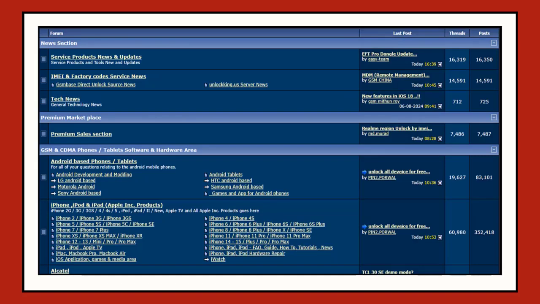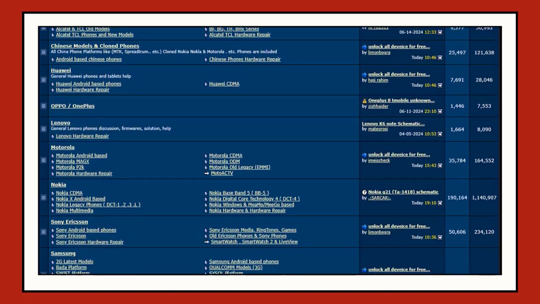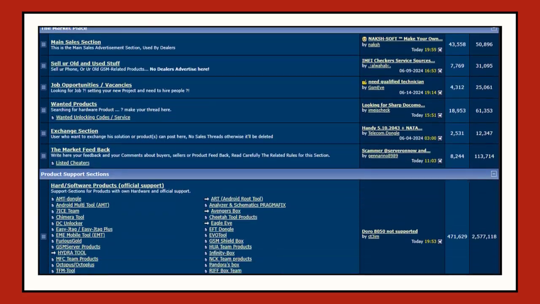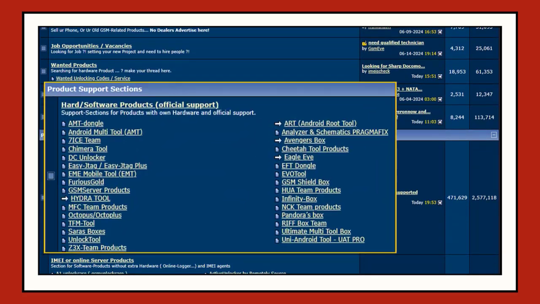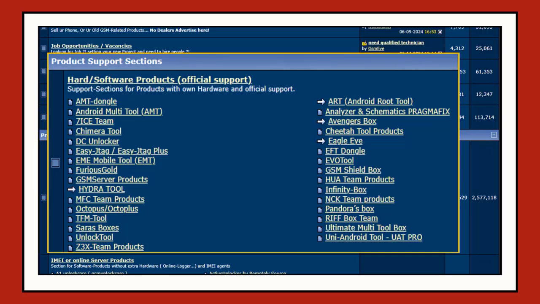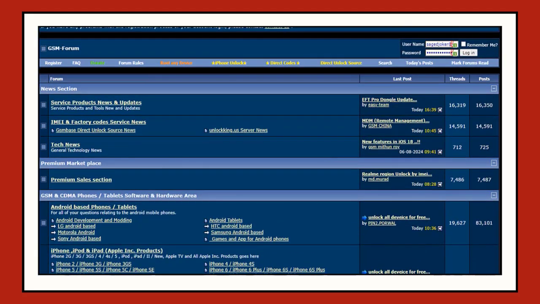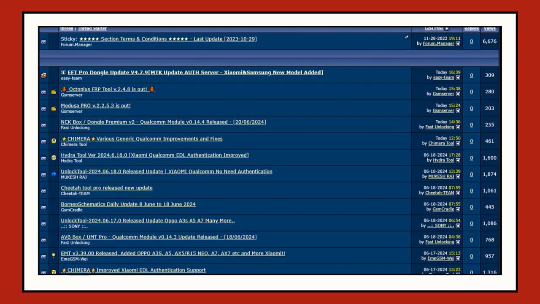The second method is that you go to the hosting forum, and you will find the link to this lecture, and you go down inside the forum. Then you go to the software products department, where you will find all the tools and products in the hosting market. You can choose the product that you have and see its latest updates and support, or you can look above in the forum and go to the news and updates section, and inside this section